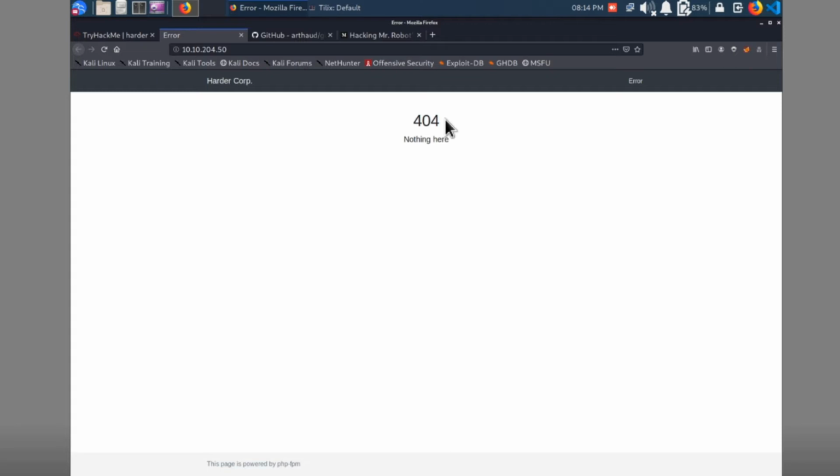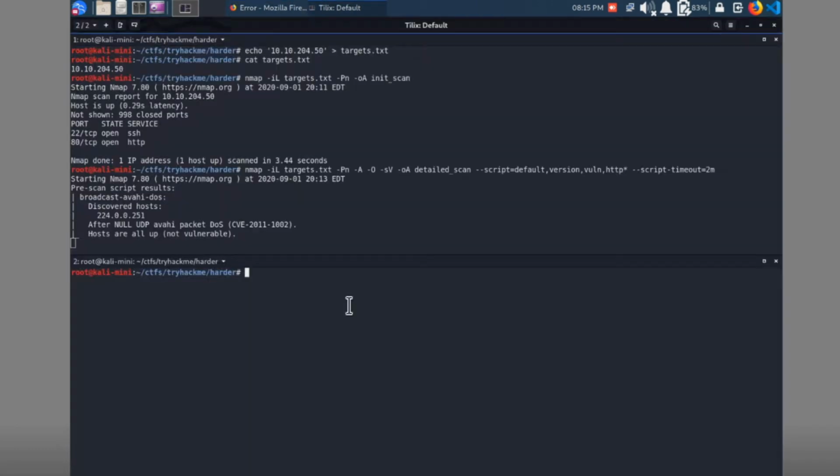And so a custom 404 page means that the administrator took time to put this in, did some kind of configuration to make this happen. So we're missing something here. Again, we're trying to find a way to access this website. So our next step usually